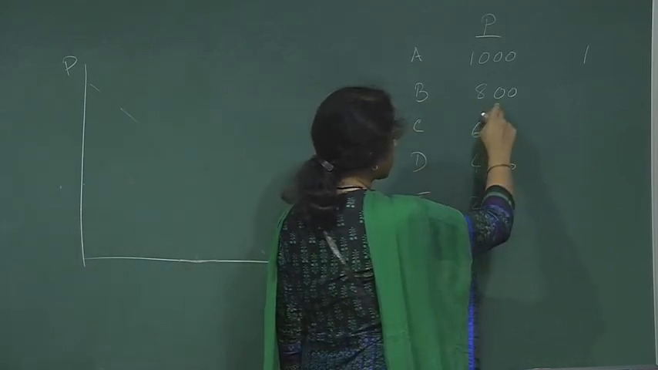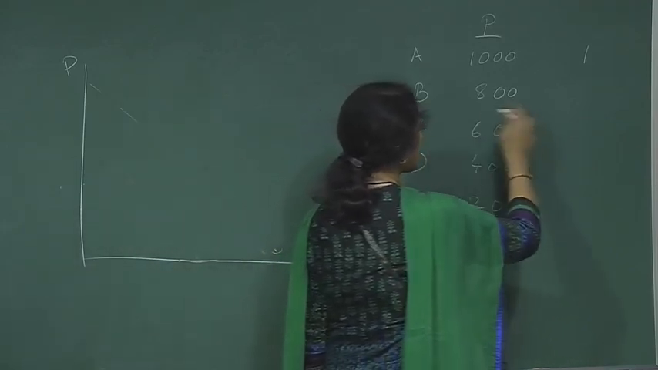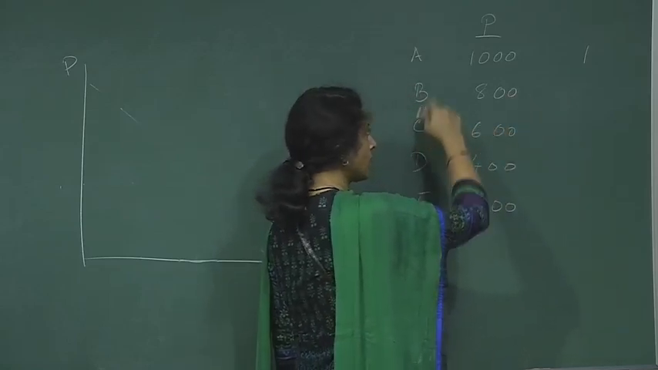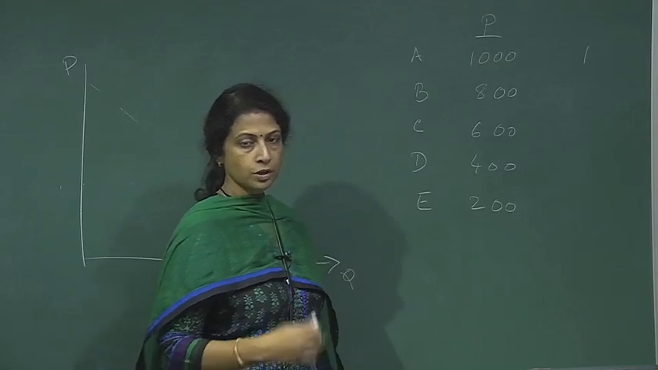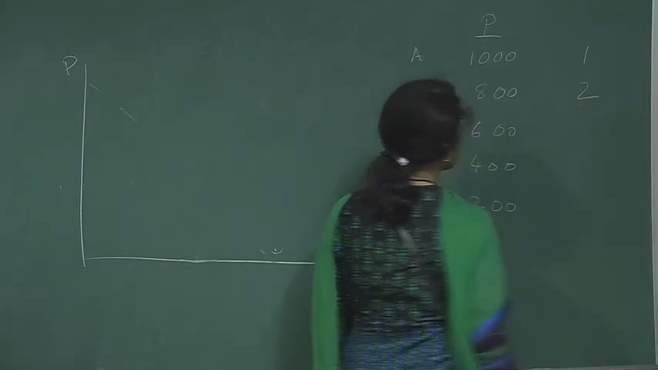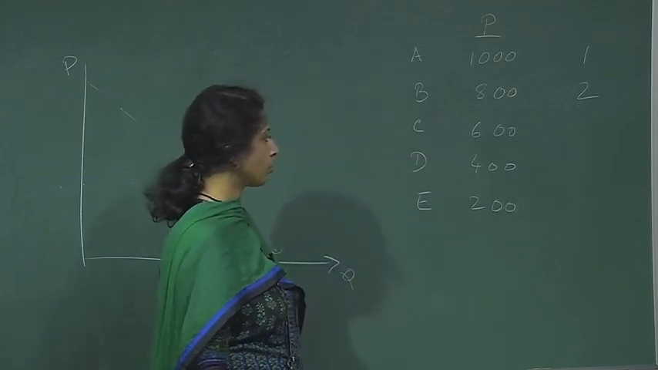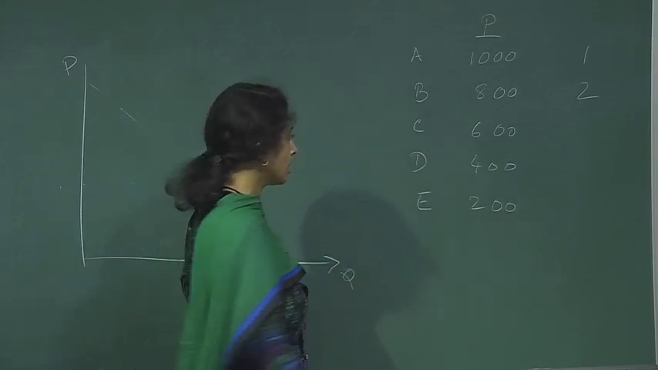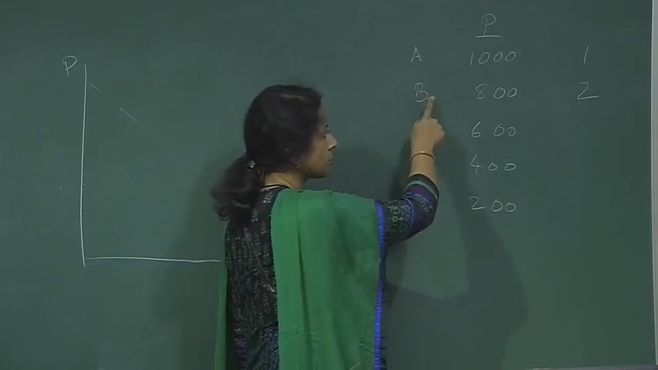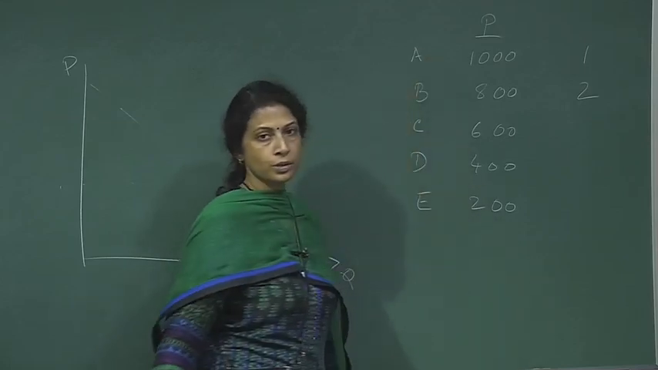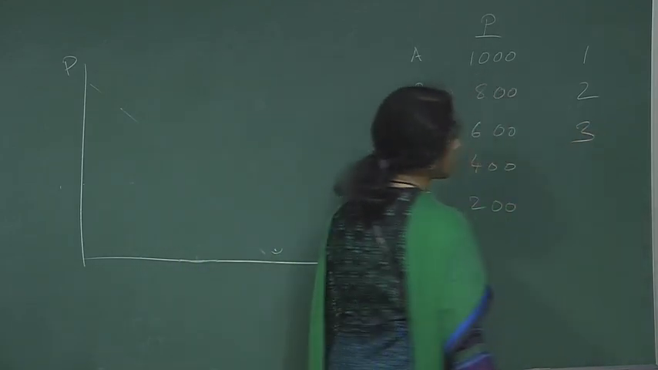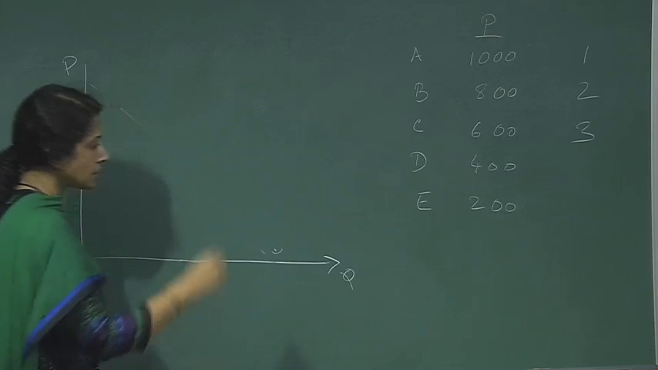Or if the price is 800, there is 1 more person. If the price is 800, B is willing to purchase, and obviously A is also willing to purchase because his maximum willingness to pay is 1000. So here 2 t-shirts will be sold. When the price is 600, C enters the market, he is willing to buy 1, B is willing to buy 1, and A is also willing to buy 1. So here at this price 3 t-shirts will be sold. So this is how we